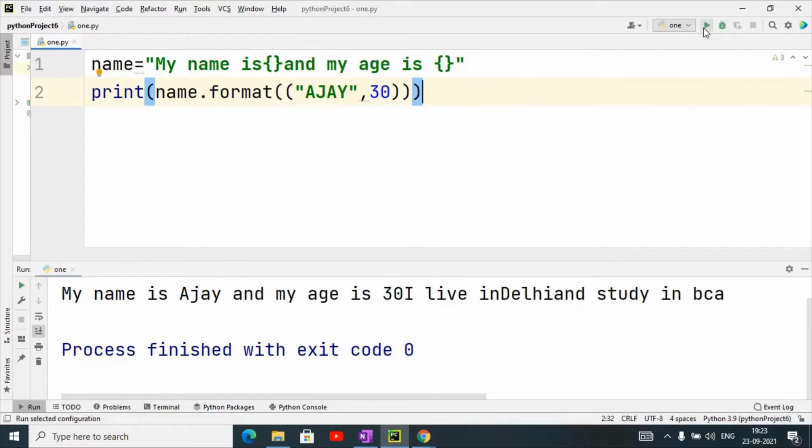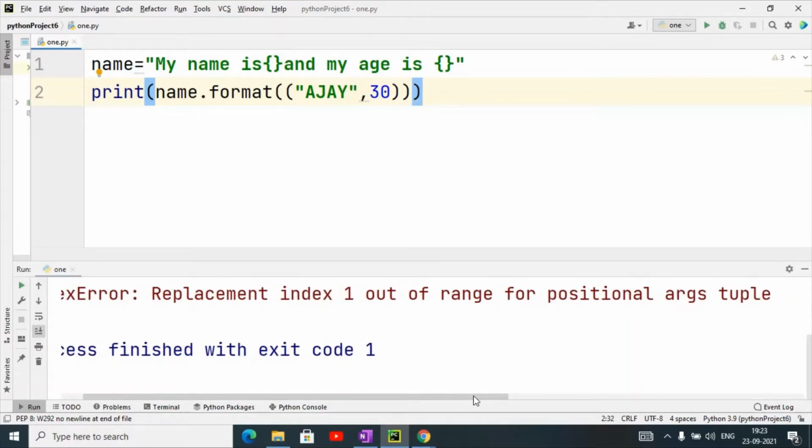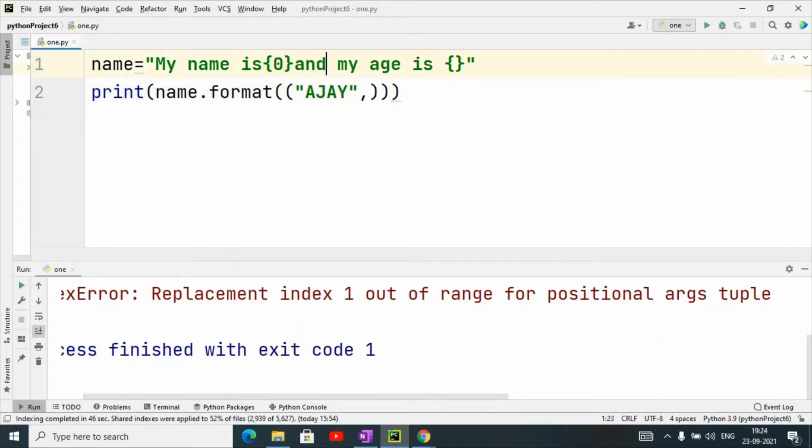So when I execute this, sorry, this index is 0 index and this is first index.